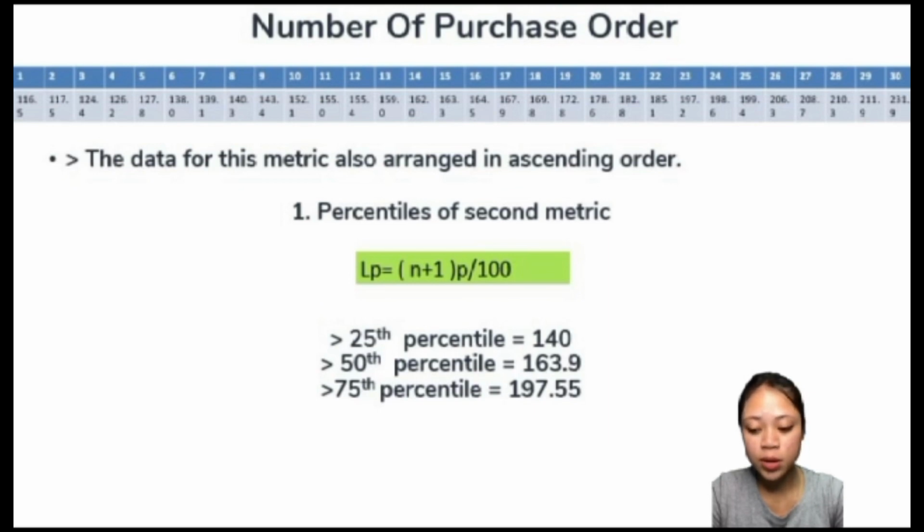Next, for the second metric, which is the number of purchases of the order, the data for this metric is also arranged in ascending order. The percentiles of the second metric were found in the same way, and the result that I got: the 25th percentile is 140, the 50th percentile is 169.9, and the 75th percentile is